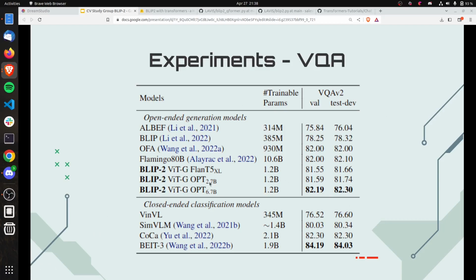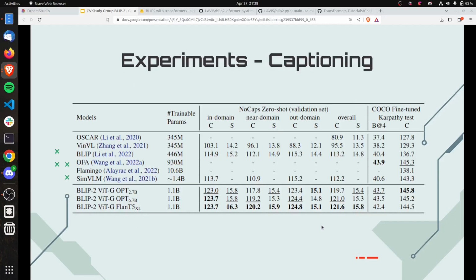And again, you can see, okay, bigger is better, and they are pretty good in performance. Else they probably wouldn't put it in here. And they're also doing experiments with captioning, right? The three main tasks they're doing really are visual question answering, like chatting about what's in the image, and captioning. It's really just like, okay, what is in the image? And here you can see, they're also pretty good. They've got the best scores down here, especially for this NoCaps set.